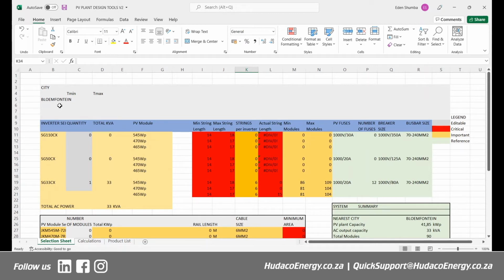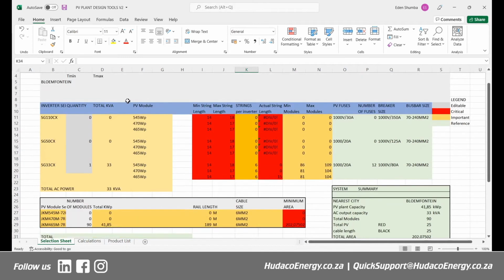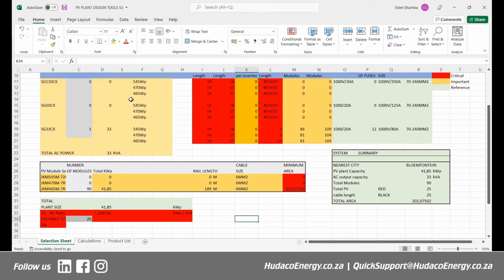With time, you will see it working perfectly well, so that you don't end up designing a system that is working at boundaries or something that will fail once there are changes in weather conditions. Because remember, when you've got low temperatures, your panels perform at their very best. But when you've got high temperatures, your panels perform at the least. So it's very important for us to understand, guys, that if an inverter can take 18 panels or 17 panels as the maximum,